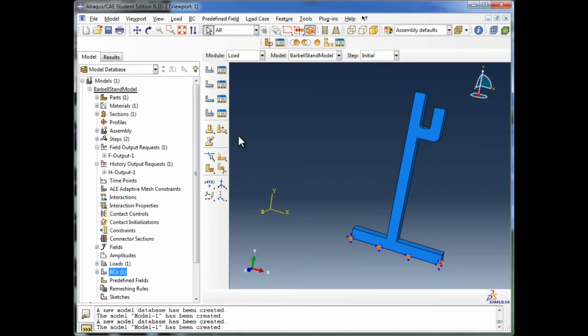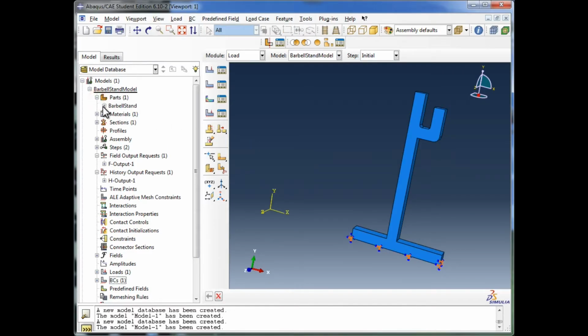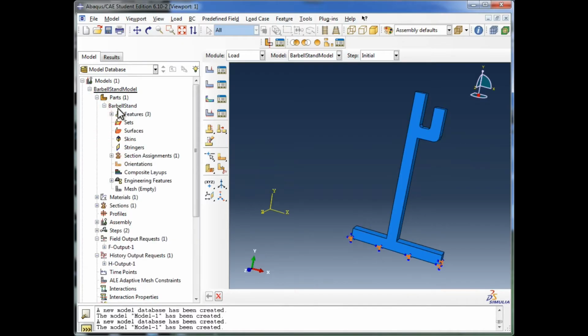The next step is to mesh the part. Now if you recall, when we imported the instances into the assembly, it asked us if we wanted it to be dependent or independent, and we chose dependent, which means the mesh has to be created on the part file itself. So we're going to go up to parts over here, expand out our barbell stand, and the mesh object